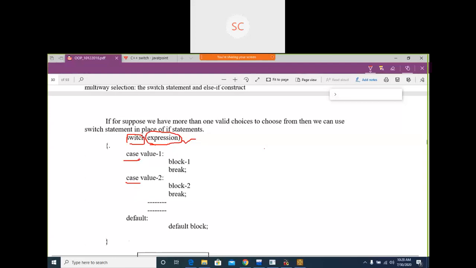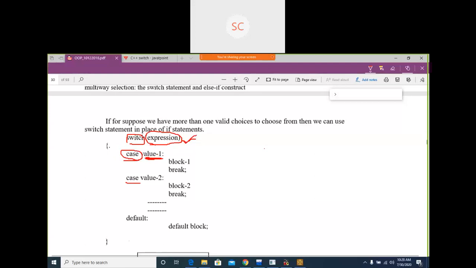There we use else if condition 1, else if condition 2, else if condition 3, like that you wrote in the if else ladder, right? The same way, in switch case, we are going to write cases. Here case is also a keyword. Case, and this is the value, meaning the expression. Based on this expression, it has to match the case.